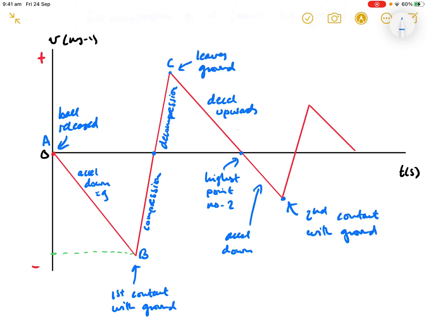So you'll probably need to study this one carefully, and probably more than once, but hopefully you have understood the details of how the velocity using the sign convention varies for a bouncing ball. As I say, this is about as complicated as you're ever likely to get. And that brings this note